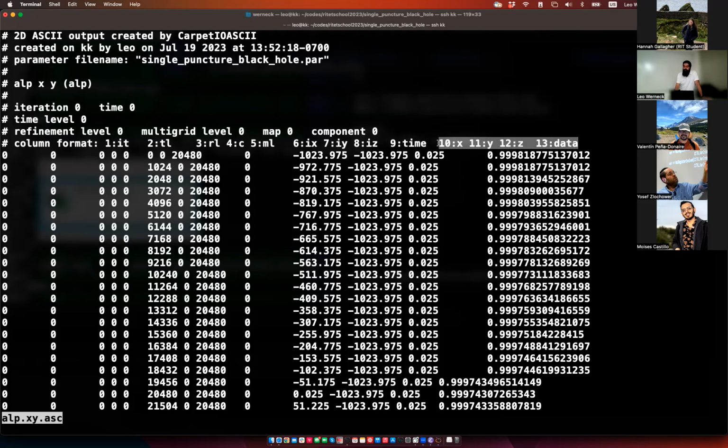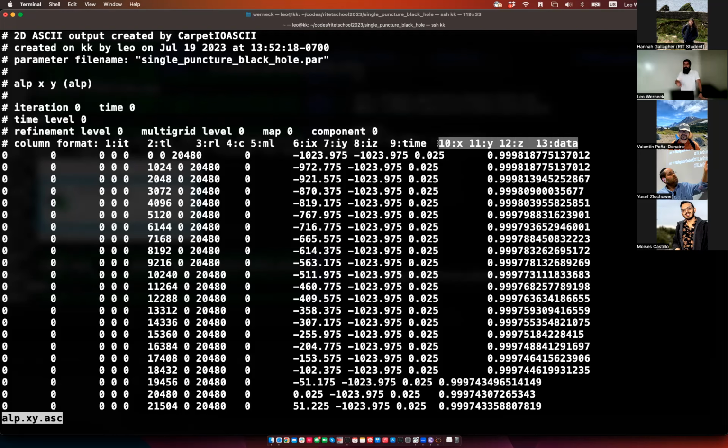There are a few things that you have to keep in mind. There are ways to set up the IO thorns so that they group grid functions together. Usually, for example, the metric in the ADM base metric is defined inside a group called ADM base metric. And in there you have GXX, GXY, GYY, all 6 components of the physical spatial metric. If you ask them to group things together, you only have one file called